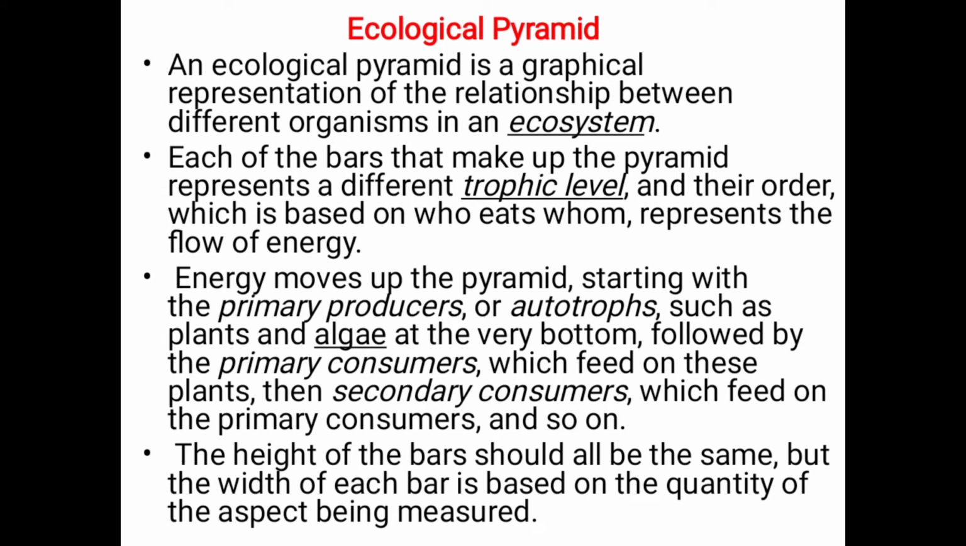So, an ecological pyramid is nothing but the graphical representation of the relationship between the different organisms in an ecosystem, represented with the different trophic levels in their order, and that shows who eats whom. This shows the flow of energy, where the primary producers are eaten by the primary consumers. Then these primary consumers are eaten by the secondary consumers. And this depends on the quantity of the aspect being measured, and this ecological pyramid is given in the